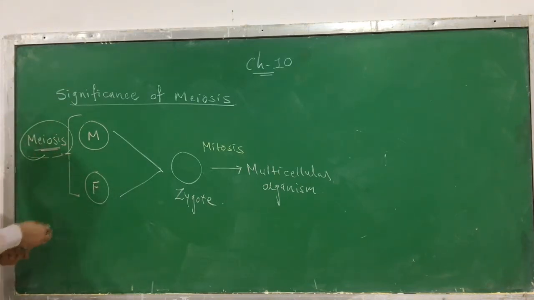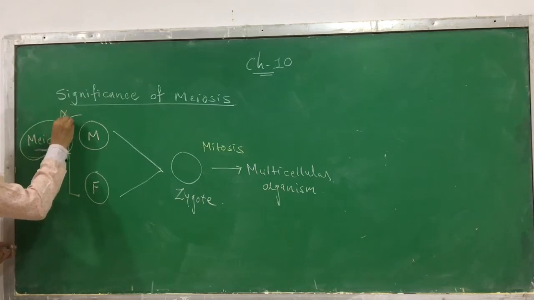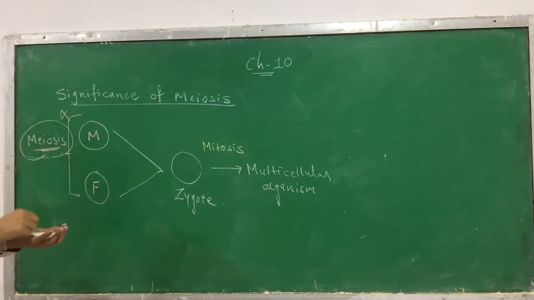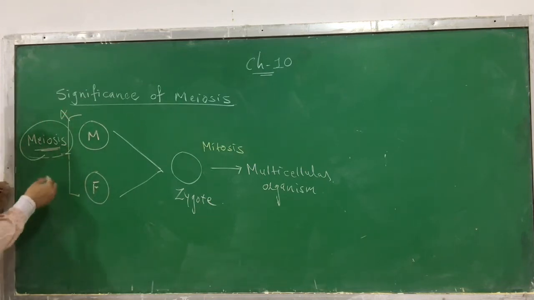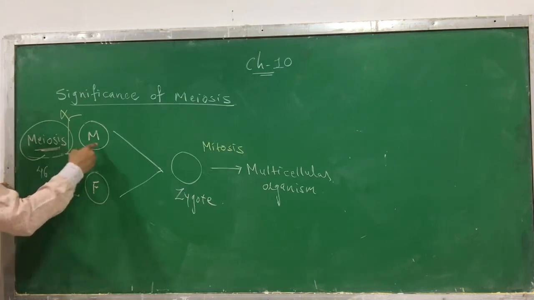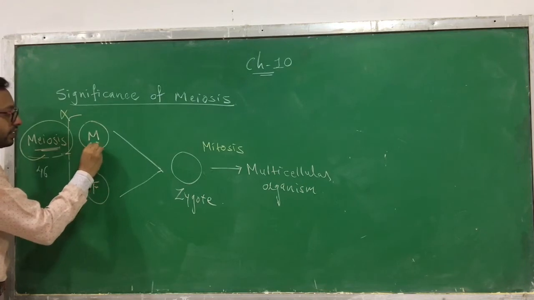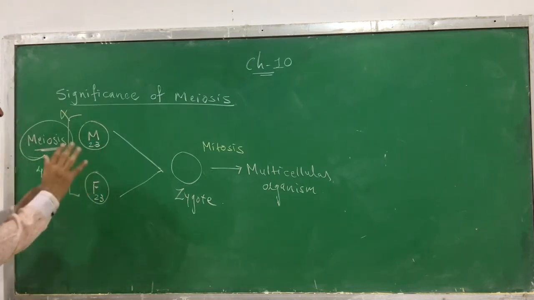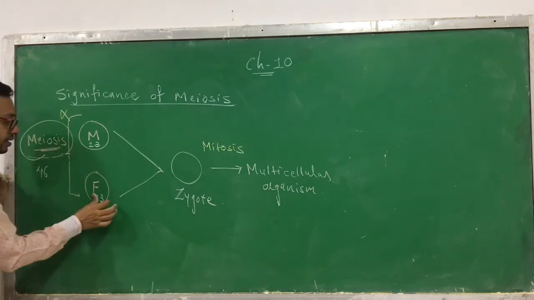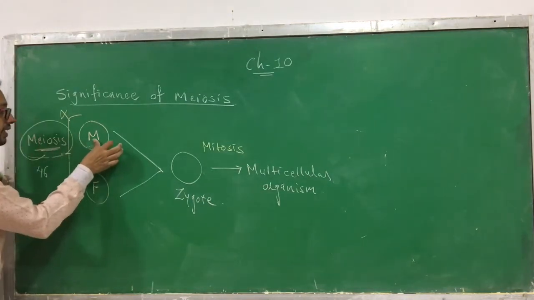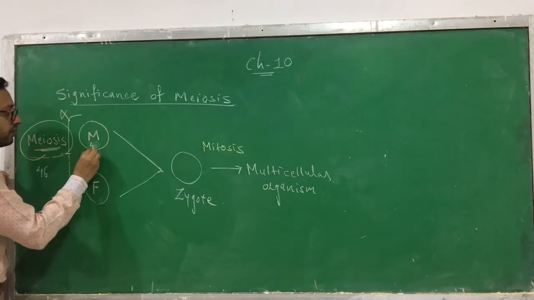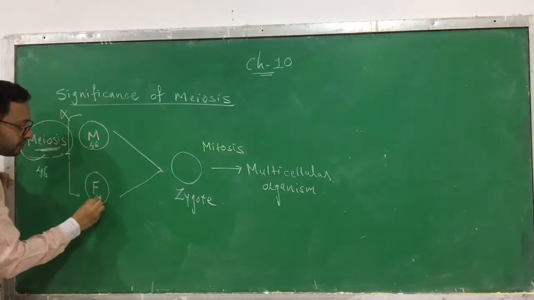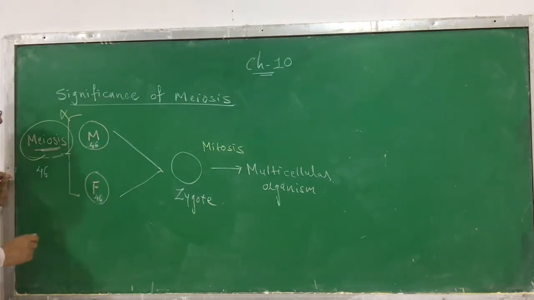Okay. Assume that the chromosome number doesn't get halved. Take the example of a human being. You know that there are 46 chromosomes. In the gamete, 23 and 23 chromosomes are present. This is the real situation, but we are assuming the reverse. Suppose the chromosome number doesn't get halved, so it remains the same, 46 and 46. Okay, clear? Now what happens?